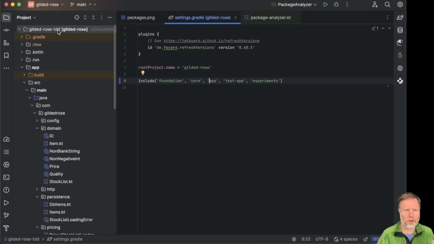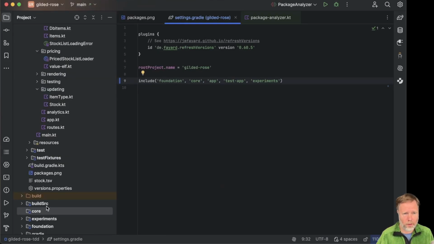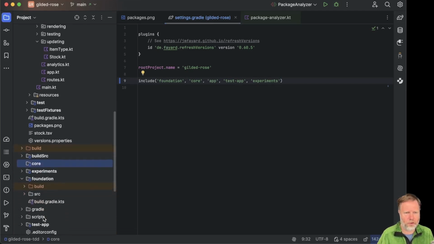We'll go back up to the top. We'll say new directory, which we're going to call core. There it is, and it's gone bold to tell us that IntelliJ knows that it's a Gradle subproject. It's going to need a build.gradle.kts, and the simplest one we've got at the moment is in Foundation. So let's just copy that over